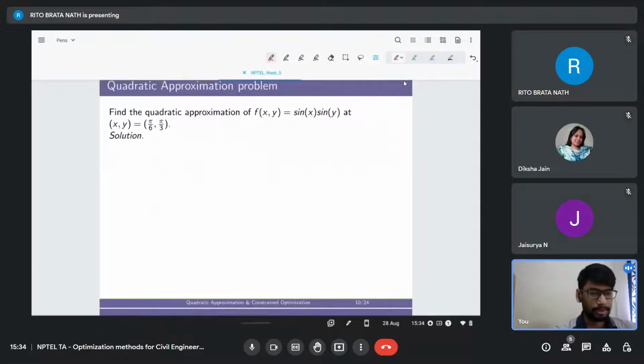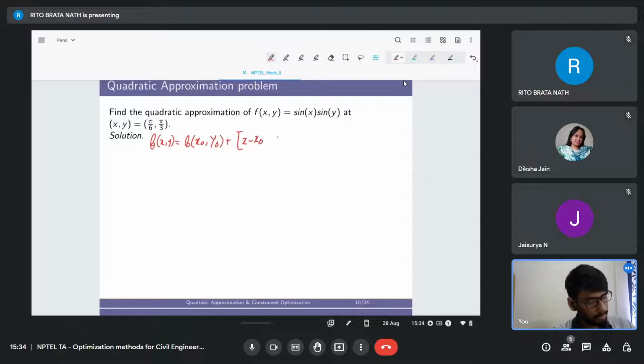So here also it's a similar problem. I have trigonometric functions multiplied together. So it's sine x times sine y, and I have to approximate it at the point pi by 6, pi by 3. So again, as before, I can write a similar expression. So let me write it down just for convenience. So this will be